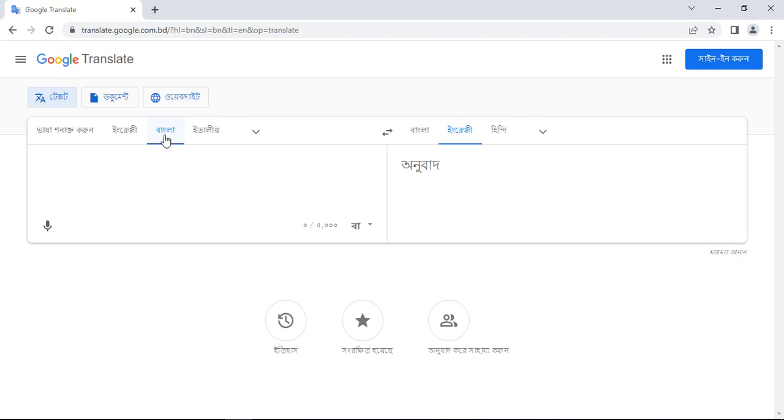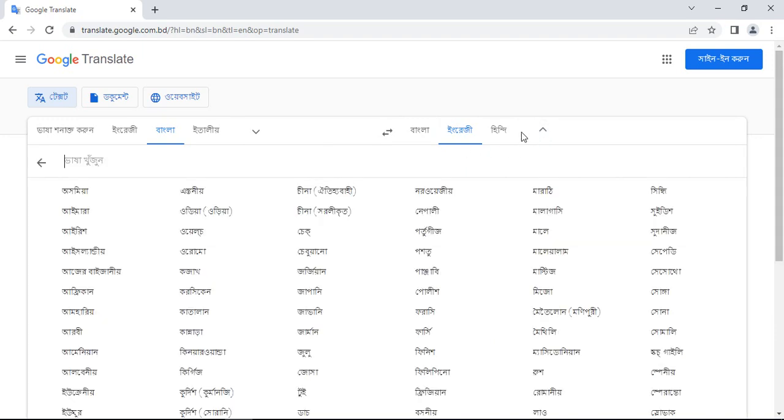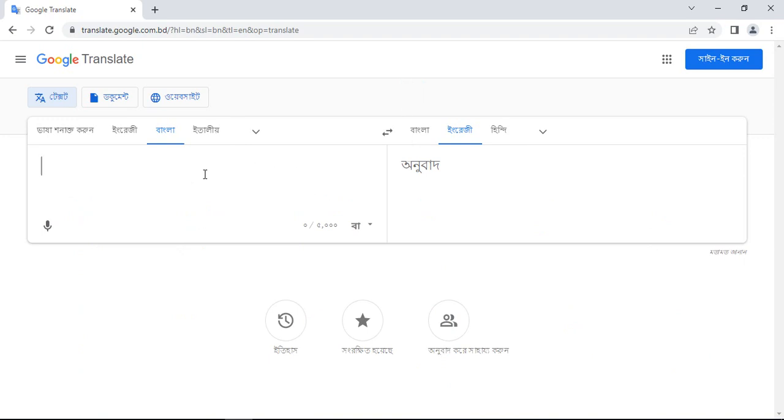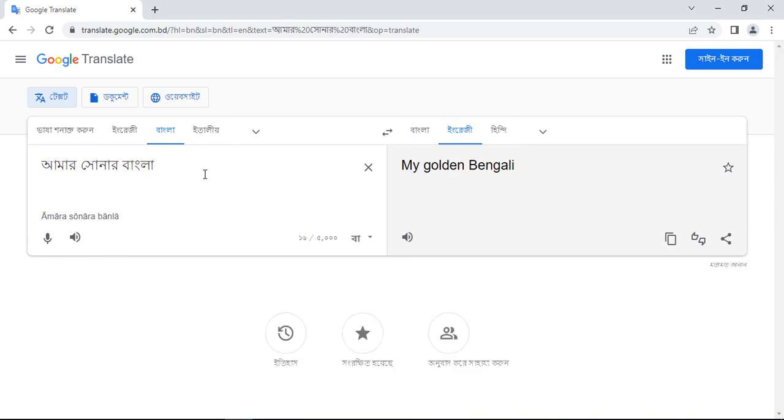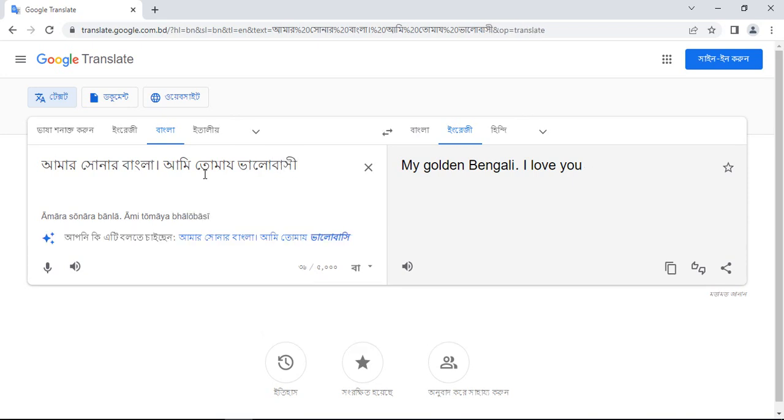You can write your language to exchange it for another language. Which language do you change from here? At first write in Bangla language. You can type your language, then you can change it to every country's language and every